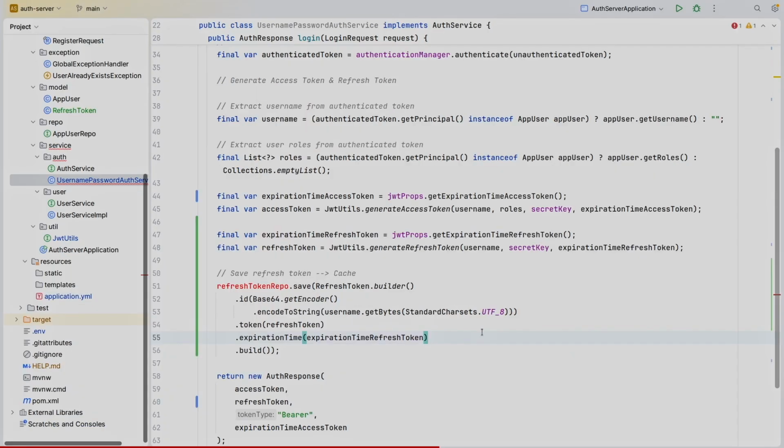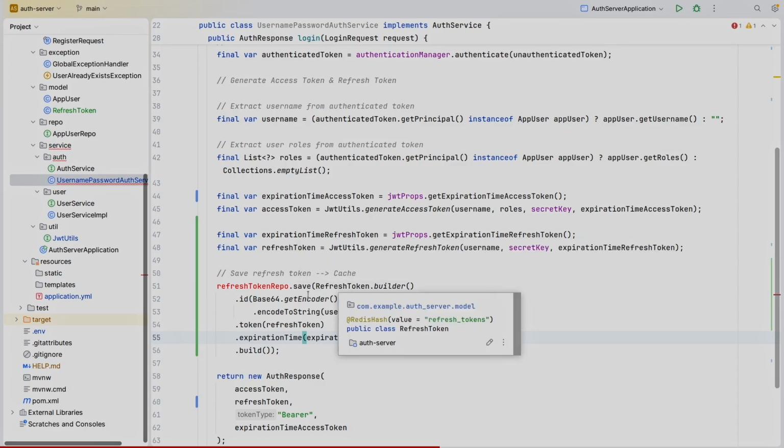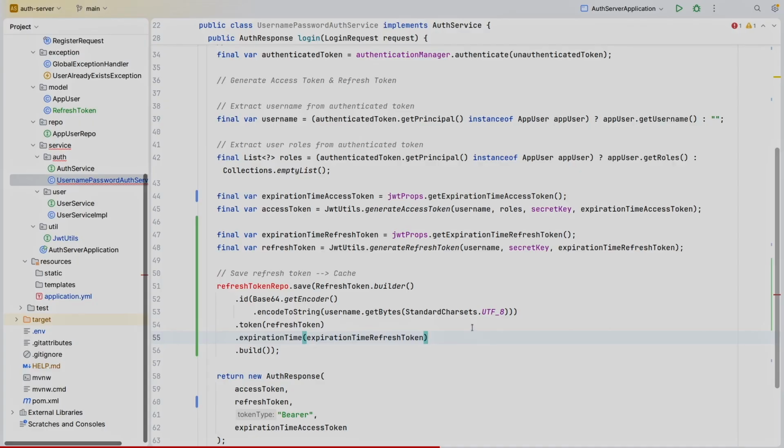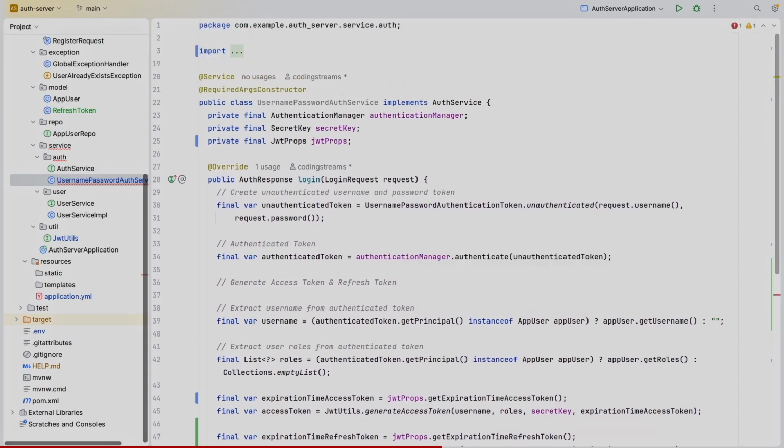Okay, so we are going to save this refresh token to this cache, right? And now what we are doing for this ID is we are encoding it using the base64 encoder. Okay, so that is how we are saving it. We don't want to save this in plain text, so that is why we are doing this. Right, now we need this refresh token repository, so let's create this repository also,